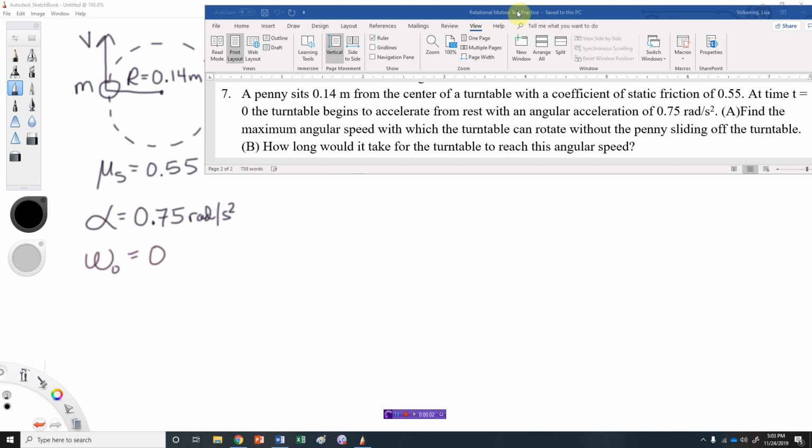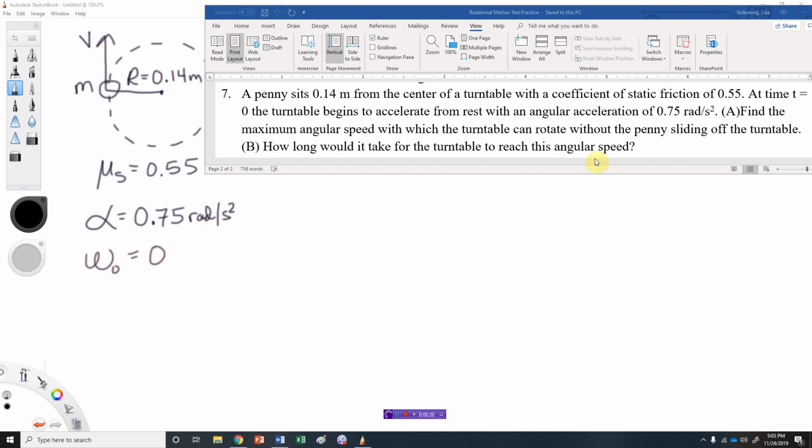So this is rotational motion test practice number 7. We've got a penny on a turntable. The coefficient of static friction between the penny and the turntable is 0.55. At t equals 0, the turntable begins to accelerate from rest with an angular acceleration of 0.75 radians per second